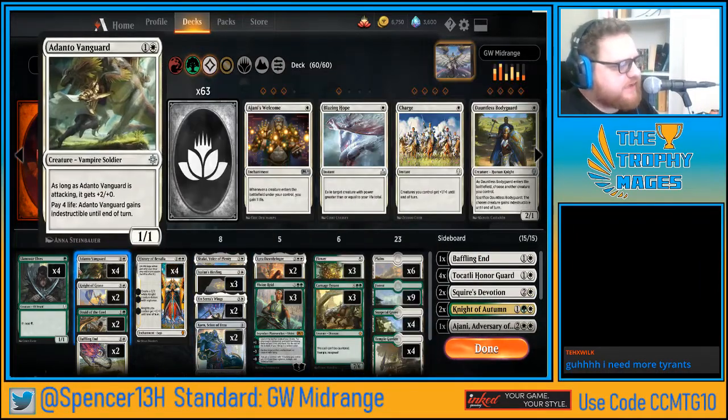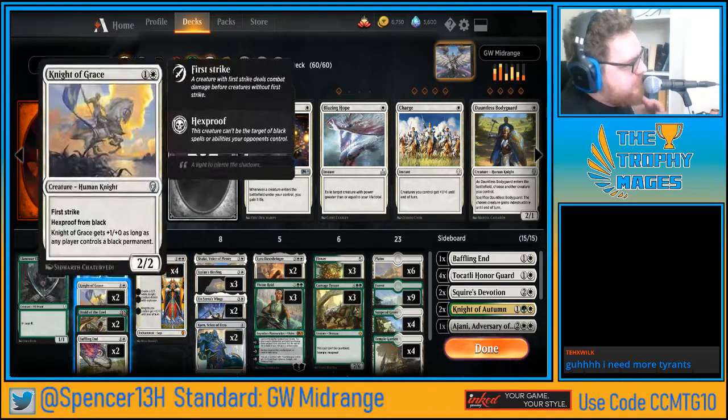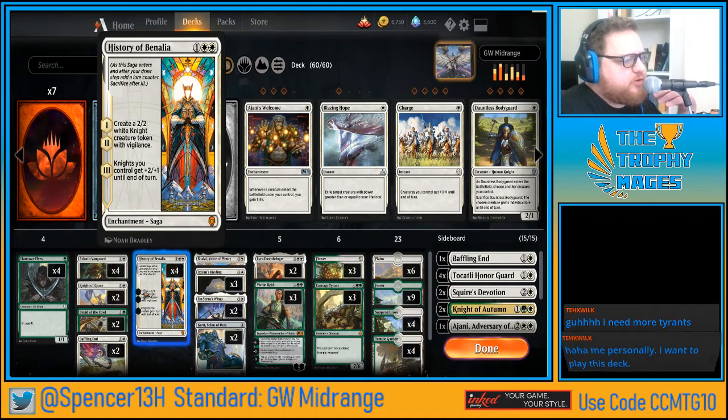So the point of this deck is really to just be a faster, bigger mid-range deck. You know, Llanowar Elves into multiple histories is going to win you a lot of games. You actually use your history as card advantage quite a bit in this deck. Really trying to win the game through